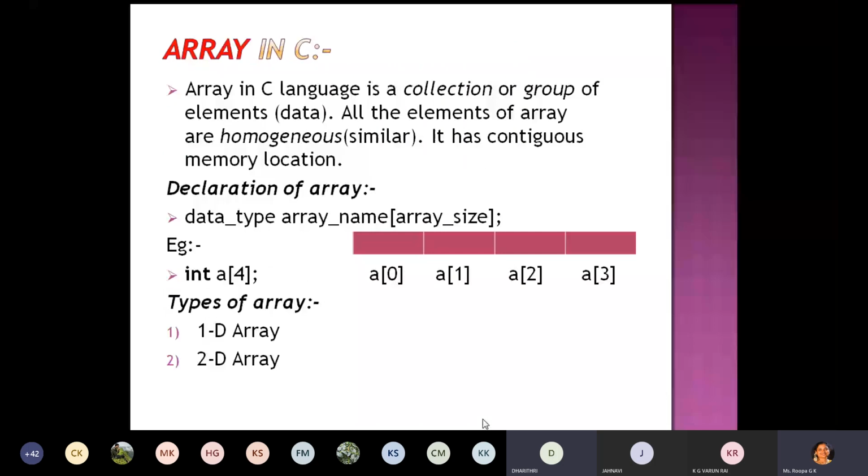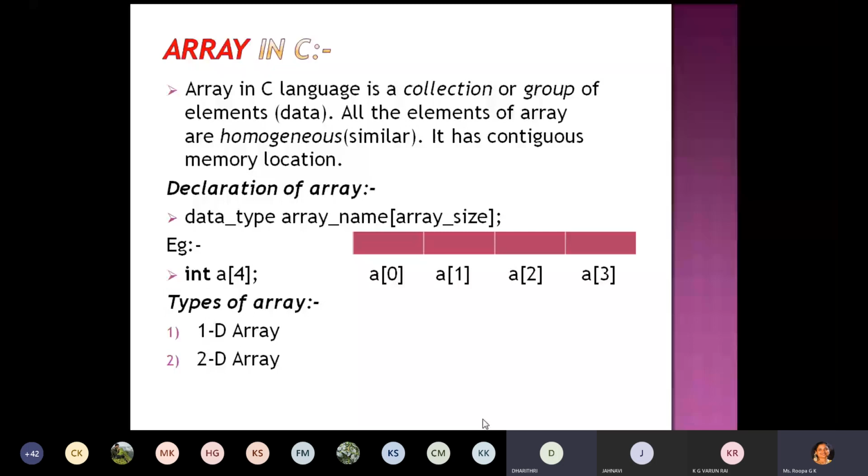Now, arrays. What is an array? Any idea? Array is a sequence, a collection of data. Homogeneous elements of the similar data type, right? If I declare int, then only integer data elements we can store.